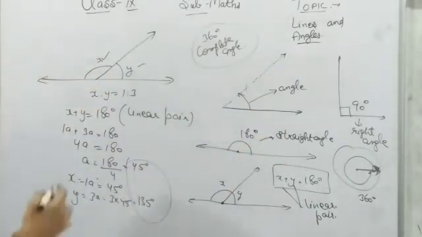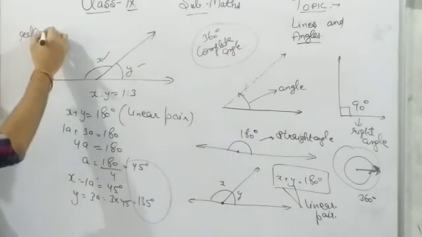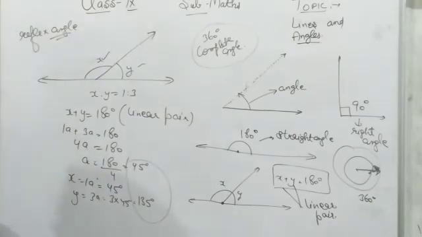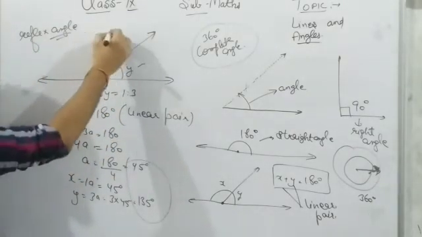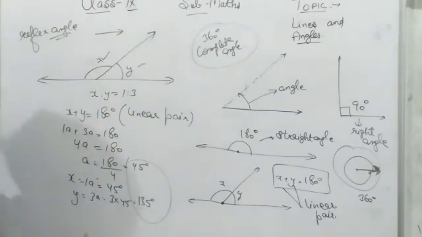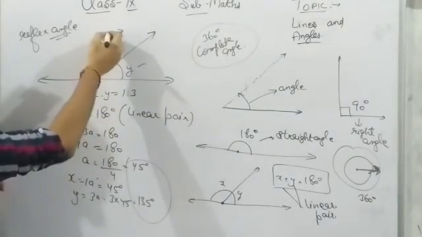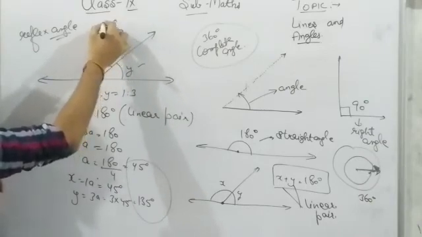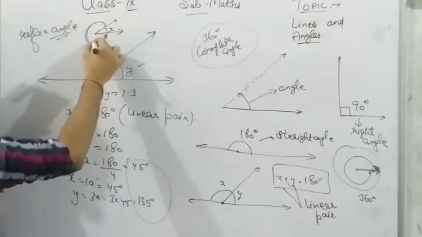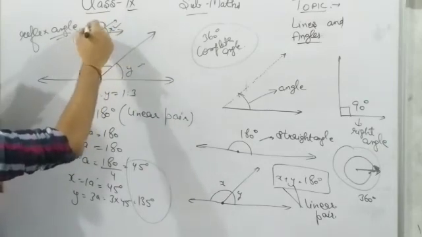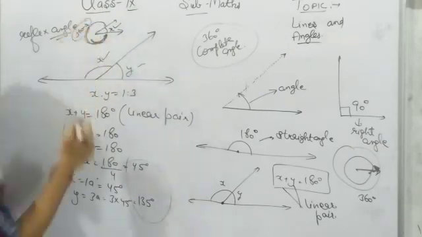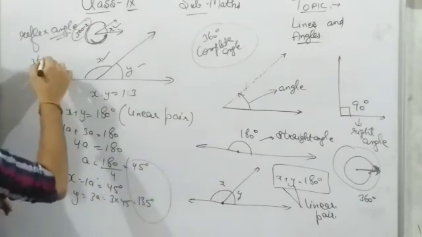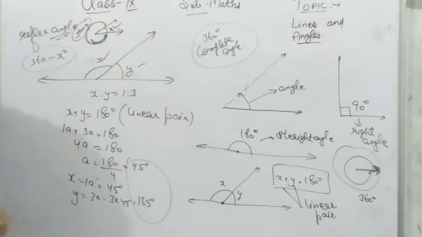One more thing is there, that is known as reflex angle. Reflex angle means the angle made by a point out of 360 degree, leaving that angle. For example, if I have this angle as x, then the reflex angle of this angle will be this one, this much, except this one out of the total. This will be 360 minus x. So if we have any angle, if we want to find the reflex of that angle, I can say 360 minus that angle. Let's say that angle is x, right?